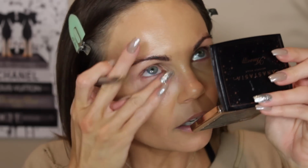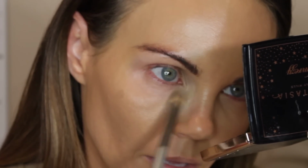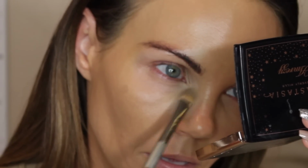Okay, so now I'm going to go on to the Charlotte Tilbury side. So that helped it so much. You can instantly tell that this has that brighter look than this side. I look kind of awake here, but this I just look very bright and kind of ready for the day. So I'm gonna go ahead and go off camera, finish the rest of my makeup,